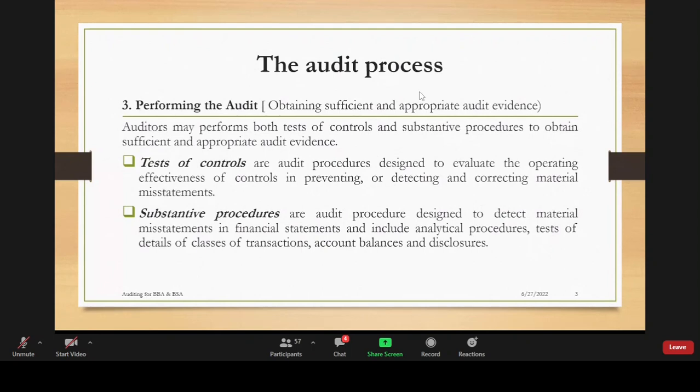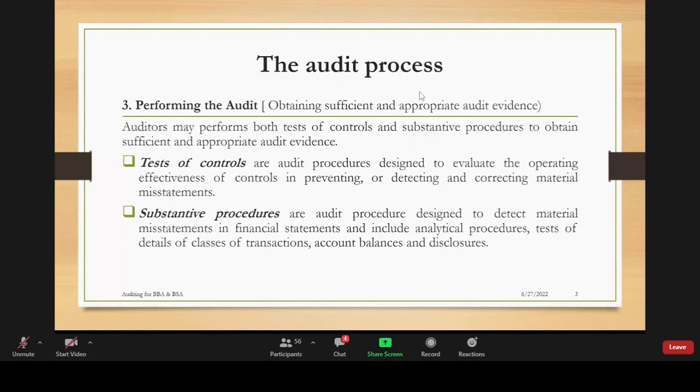Another issue will be segregation of duties as a control. Segregation of duties is where you have different people doing certain particular tasks in an accounting process. For example, the person who receives cash shouldn't be the same person who is going to make payments, shouldn't be the same person who is going to do banking, should not be the same person to perform bank reconciliations. Once you find that, that means the controls are weak. The moment the controls are weak, that points to high risks.